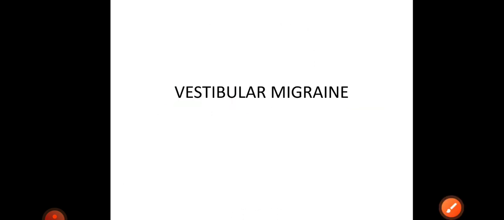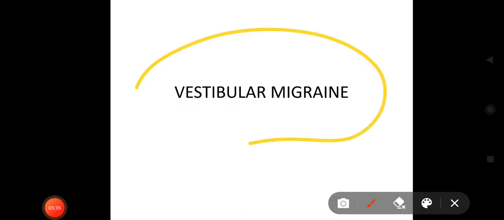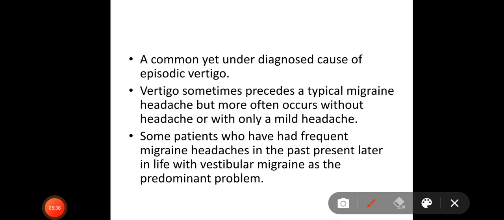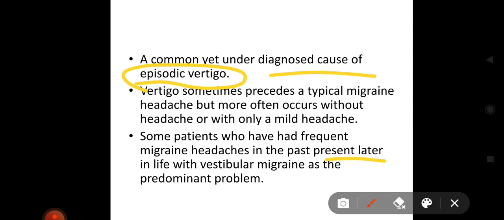BPPV. Now next is vestibular migraine. It is uncommon yet underdiagnosed because of episodic vertigo. Vertigo sometimes precedes a typical migraine headache, but more often occurs without headache or with only a mild headache. Some patients who have had frequent migraine headaches in the past present later in life with vestibular migraine as the